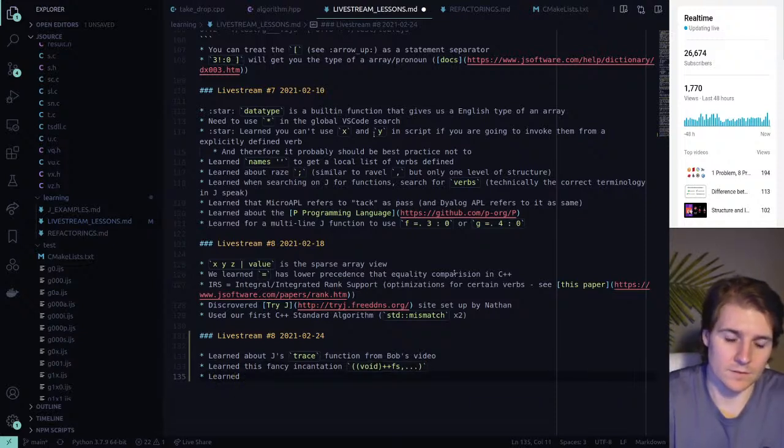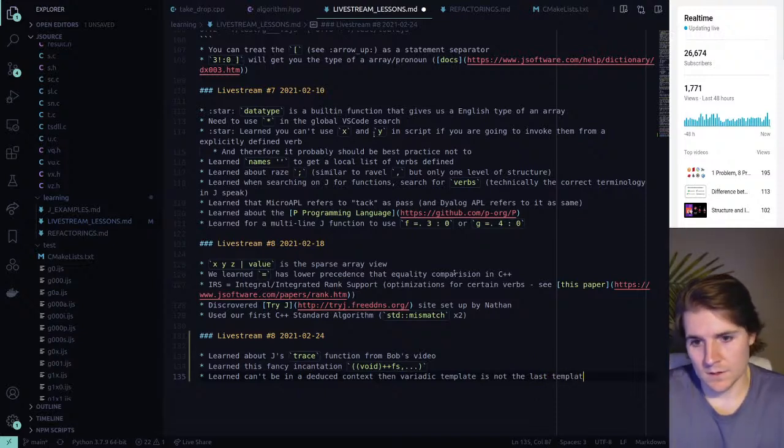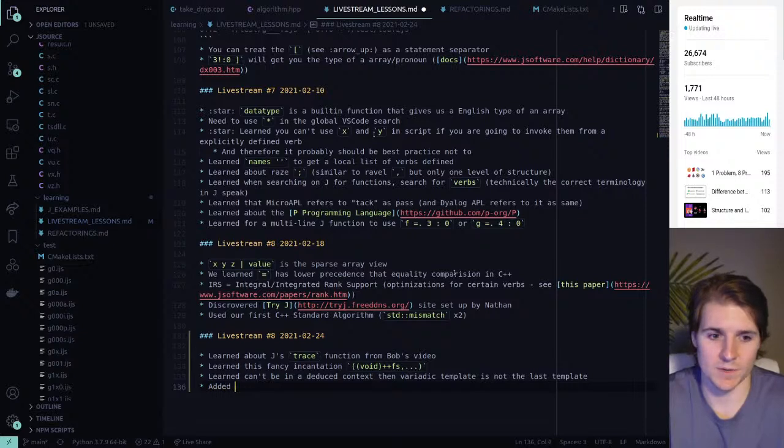Learned: can't be in a deduced context when the variadic template is not the last template. And yeah, we didn't learn this, but we added